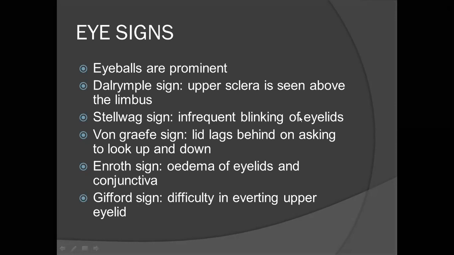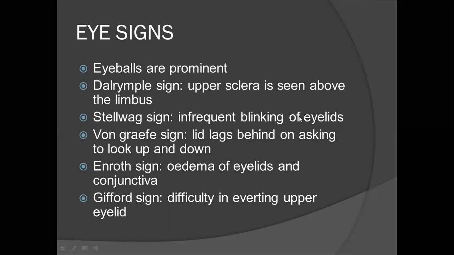What is Naffziger's sign? Have you heard of it? The patient is asked to sit in a chair. The examiner goes behind and stands behind the patient, and tilts the patient's head back. Your line of sight should be tangential to the forehead. You make the patient look like this, and from there your eyesight should be parallel, tangential to your forehead.